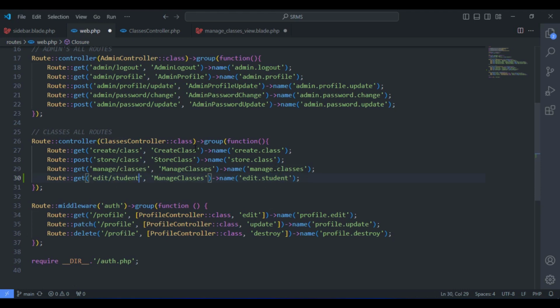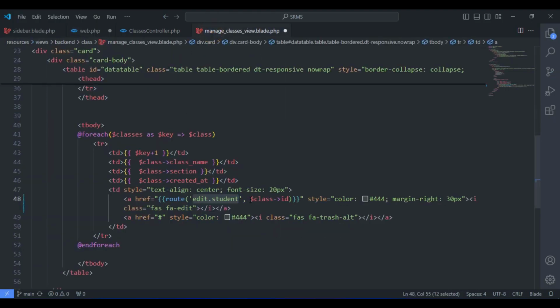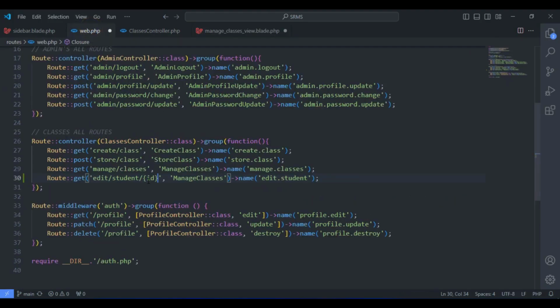Okay, now we're going to go ahead and pass our route parameter like so, ID like so. So this is a route parameter. This route parameter is actually going to hold the value of this ID that we are passing inside our route. As you can see, we passed our class ID in our edit student route. So when we pass a dynamic value into our route, we need to as well use our route parameter to get that value. So this is basically what this route parameter is doing. It's going to get our dynamic value, our dynamic class ID value. So that's basically what this route parameter indicates. And now let's go ahead and change our method name to